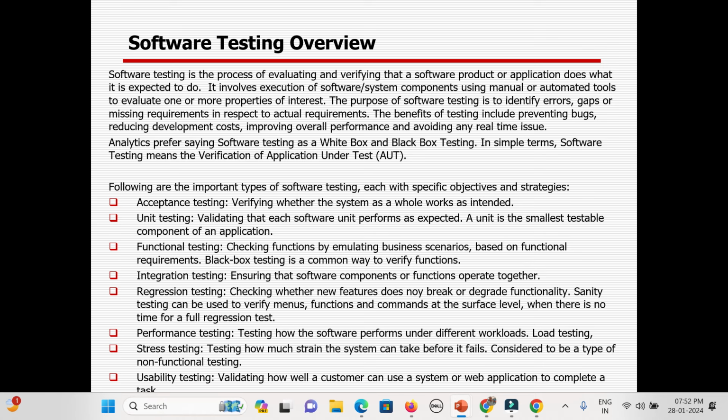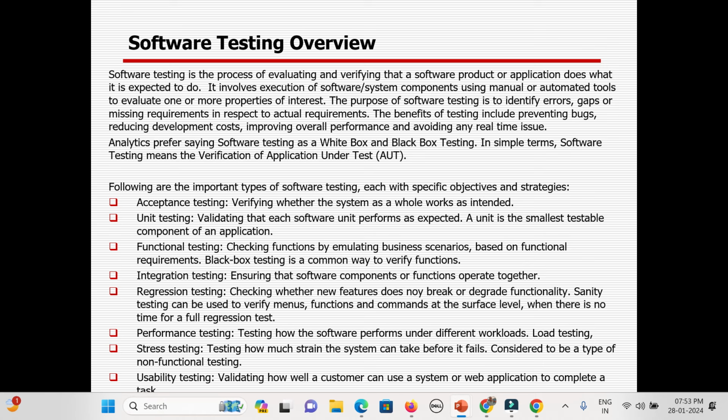Once unit testing is completed and the development team upgrades their code to the testing environment, the testing team will do the functional testing, checking whether it is working based on the functional requirement or not. In case of any deviation, that will be logged as a defect. After that, they will do the integration testing, meaning all the components will be integrated, and then testing will happen to ensure that the integration is working properly. In every phase, a couple of defects will come, a couple of deployments will happen, and a couple of releases will come. In case something is fixed, your testing is completed, but you need to make sure that your existing functionality is not broken.